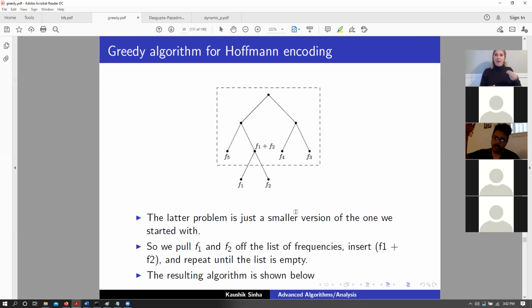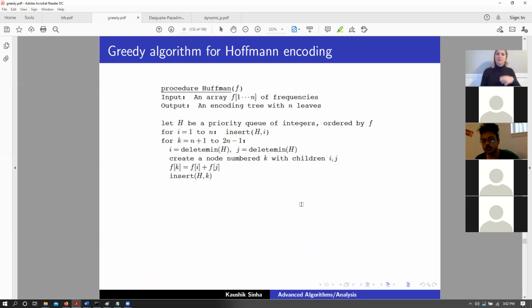So you can go higher and higher levels as long as you maintain that tau, where that tau basically means the set of possibilities that you're trying to represent, and the frequency over those tau values is the one that you're using in your Huffman encoding, right? Okay, so essentially the algorithm looks something like this, where you have an input of frequencies and you want to output an encoding tree where you have n possibilities, that is n being your number of tau values, and you want an encoding tree with n leaves.